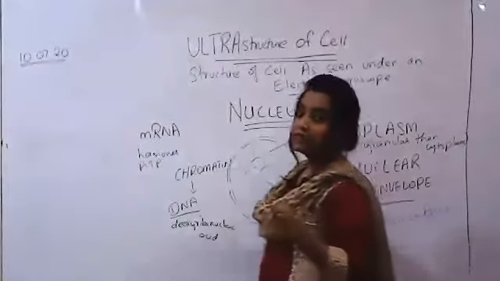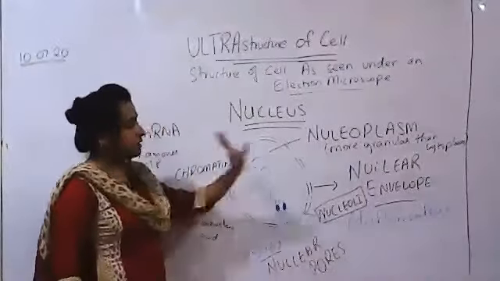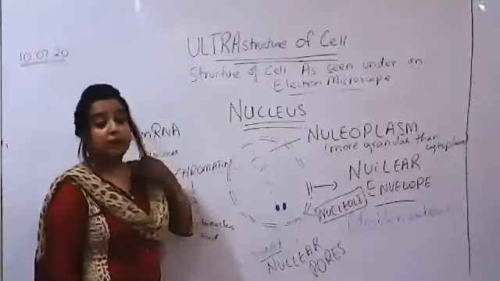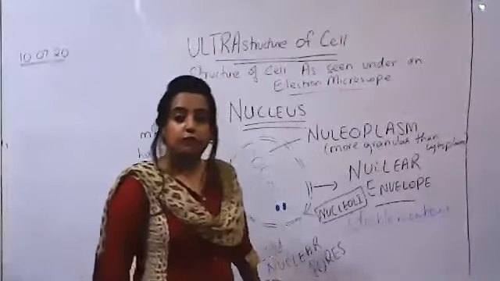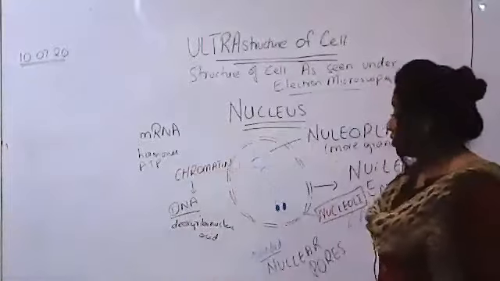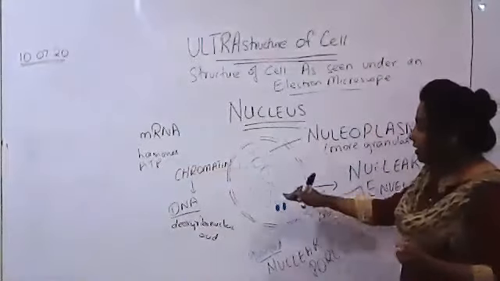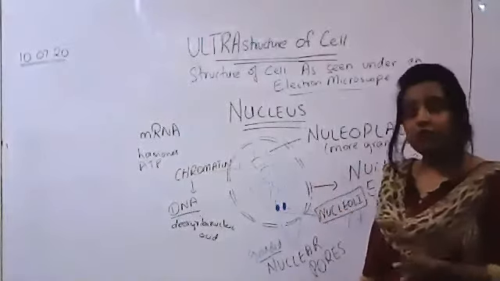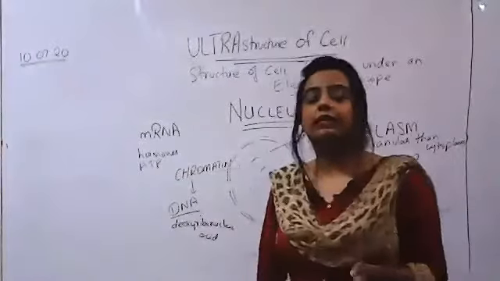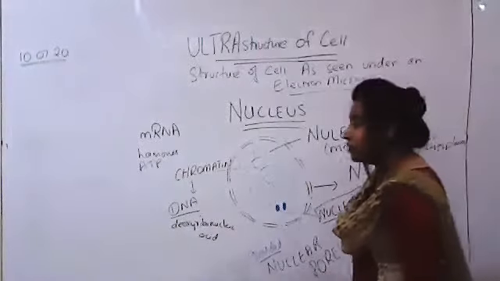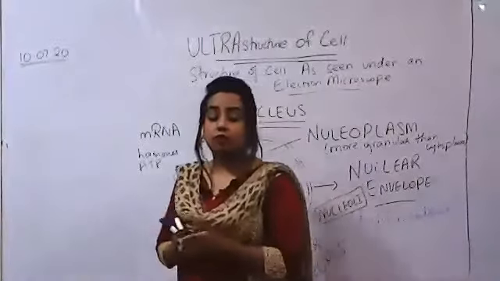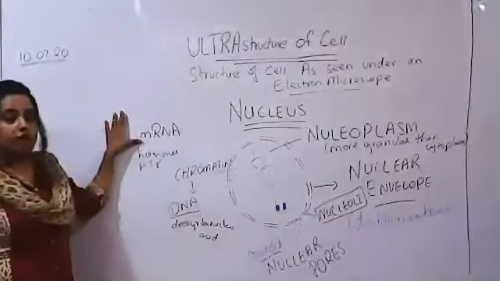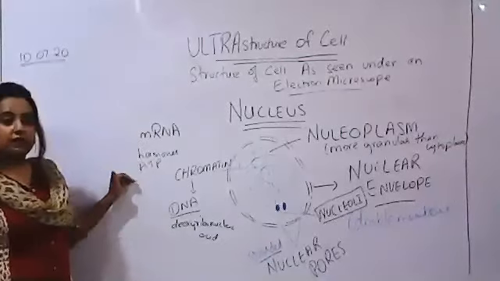The jelly-like substance that contains chromatin, that contains nucleoli, that substance is termed as what? Nucleoplasm. Then the nuclear envelope has pores known as what? Nuclear pores. These pores allow the exchange of material. Material can move inside the nucleus and out of the nucleus via these nuclear pores. Why do we need nuclear pores? Because the pores present in the selectively permeable membrane are not enough. Why are they not enough? Because there are bigger molecules that have to pass in and out of the nuclear envelope, right? Those bigger molecules might include mRNA, hormones, and ATP.